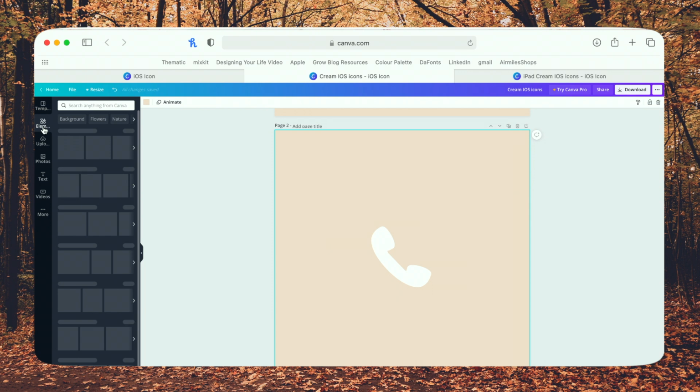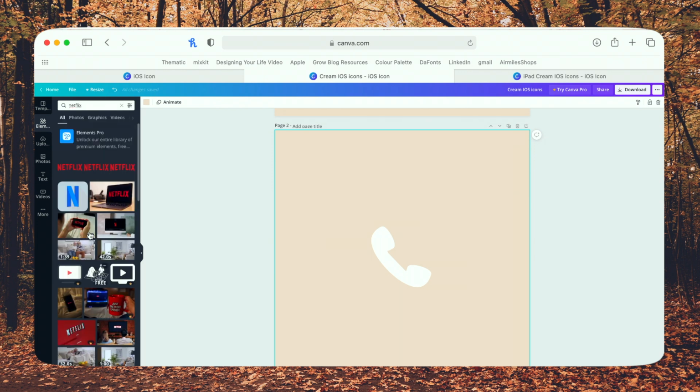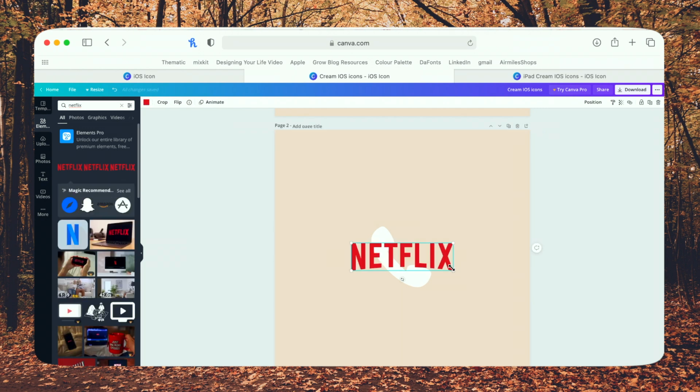I'd go to elements on the side here and search the app that I want to make. So one of the versions that was not provided was, let's say, Netflix. I wait to see what comes up. See, the ones with the crowns are the ones that you have to pay for, but this is all we need. And the reason I kept that other icon there was to get a sense of size. Of course, they're not all going to be the same size, but I want them to be roughly the same, especially if they're a similar circle or square or something like that.